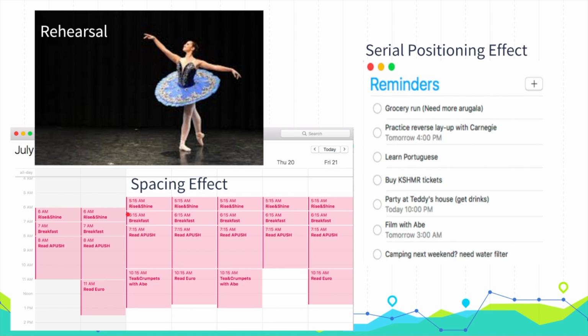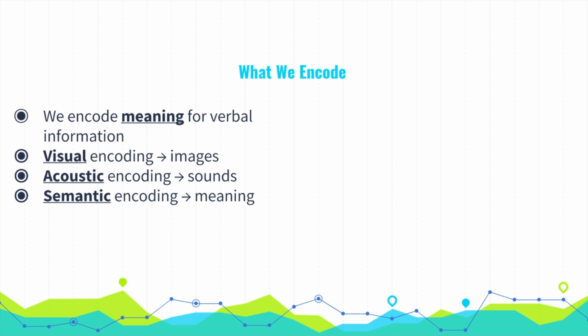Finally, the serial positioning effect, which states that we remember the first and last items in a list. This is why, when students guess on tests, they are more likely to pick A or D than C or B. Abe, how do we process information? Well, Frank, you hit the nail on the head there. The key idea here, to quote the book, is that we process information by encoding its meaning, encoding its image,